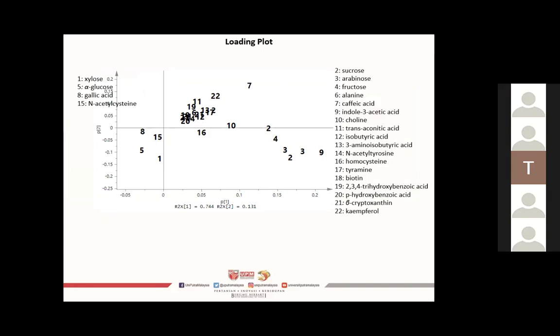Accumulation of sucrose and fructose in G. boninense infected leaf should be related to their role as energy source for pathogen replication. In contrast, xylose and alpha-glucose were decreased in infected leaf, which indicates a part of the available carbon gathered in carbohydrate is consequently diverted to secondary metabolism. The high level of alanine in infected leaf was observed.